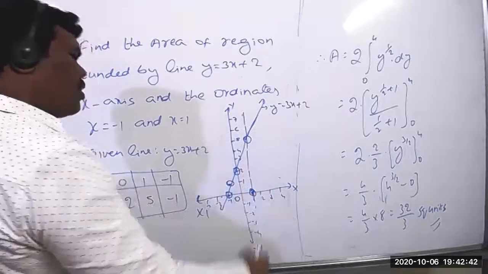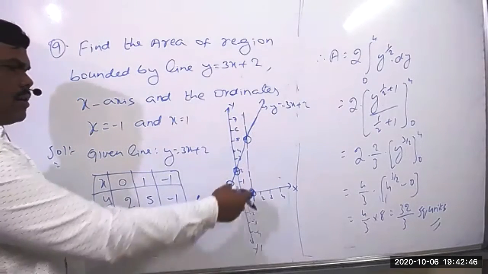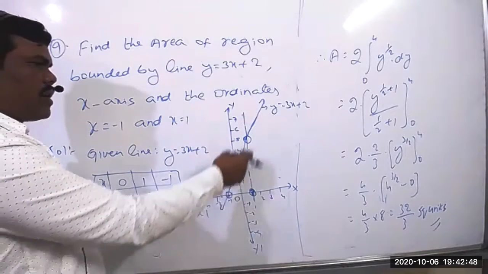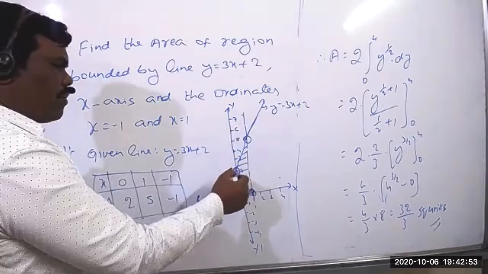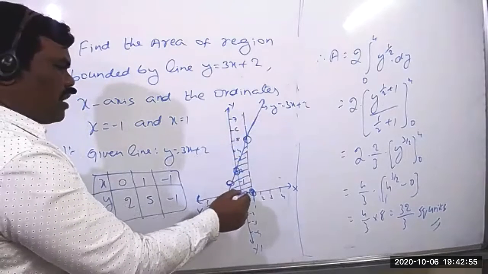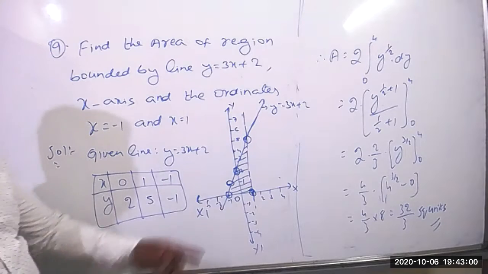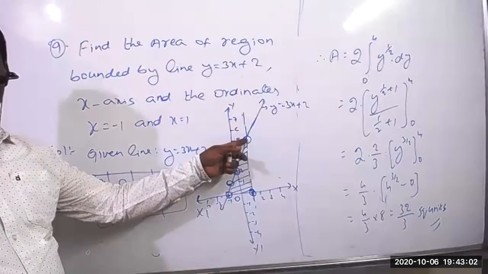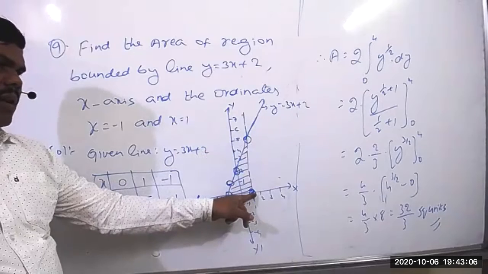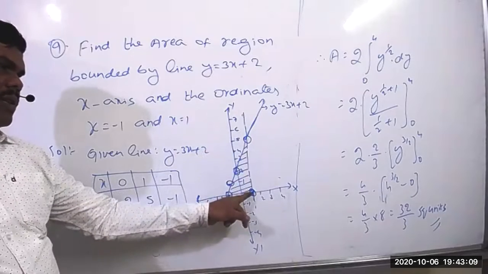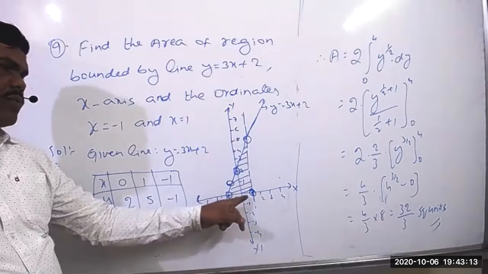We got the line now. Now you can find the area bounded by x equal to 1, x equal to minus 1, and y equal to 3x plus 2 on the x-axis. Tell me, what will you get? This is what we call the area of the bounded region. And this point we are not directly taking as 1 comma 5; all of you should remember that. The limits will be taken from here to here, based on the line. What will the limits be? Minus 1 to plus 1.